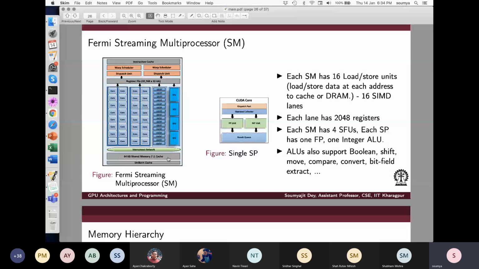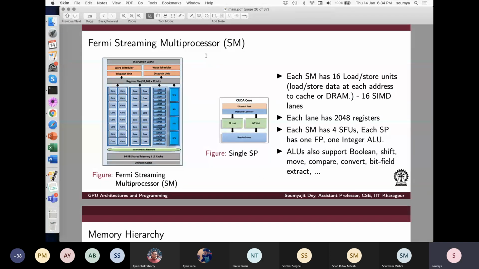What is the difference between L1 cache and shared memory? The part which is shared memory is shared. That means it is transparent to everybody. But the part which is L1 cache is merely acting as a temporary storage sitting in between the register file and local memory, right? So if you don't get your thing in the register file, you look into the L1 cache. And if you don't get it in there, then you go to the local memory or the global memory, depending on whatever you are looking for.